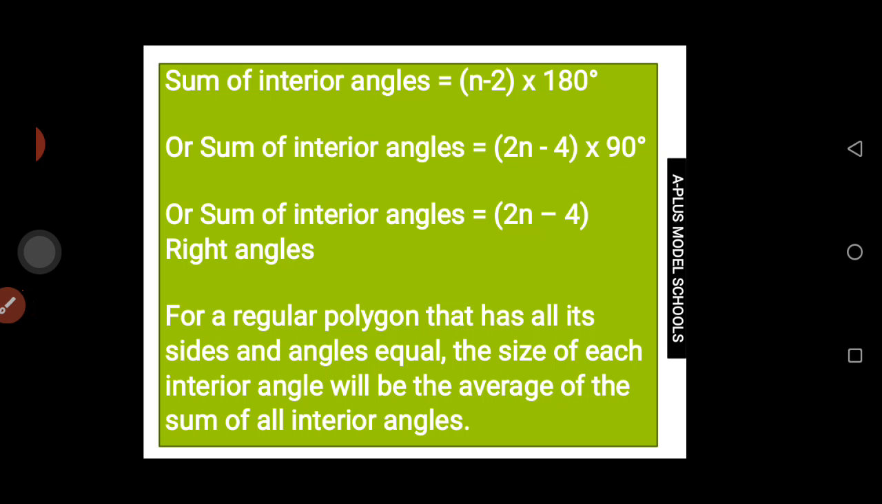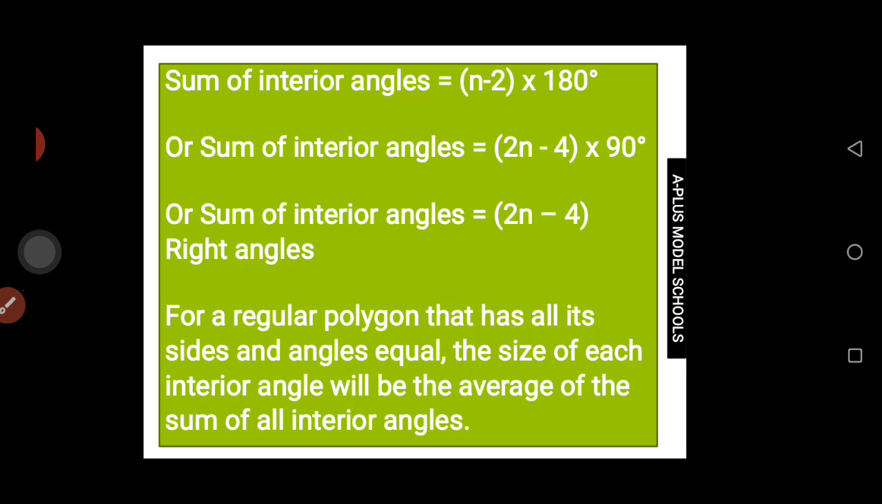Or the sum of interior angles is equal to (2n minus 4) multiplied by 90 degrees, where that 90 degrees is a right angle. Don't forget, we can get 2 right angles from a triangle. Now,